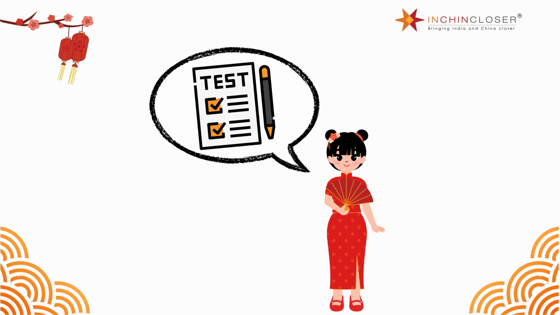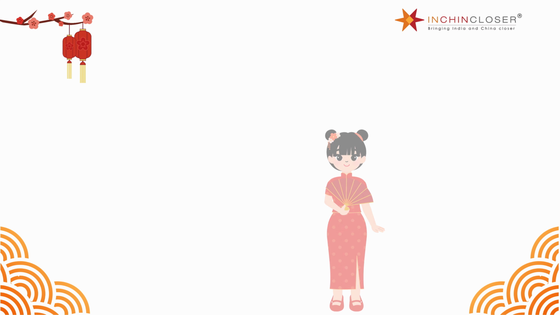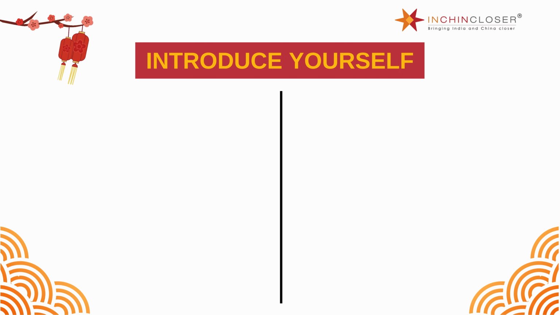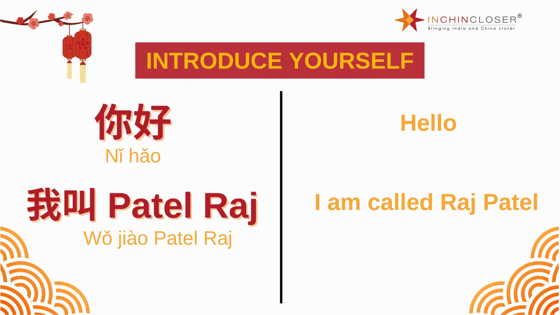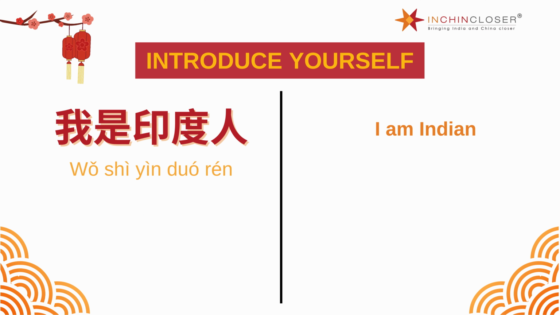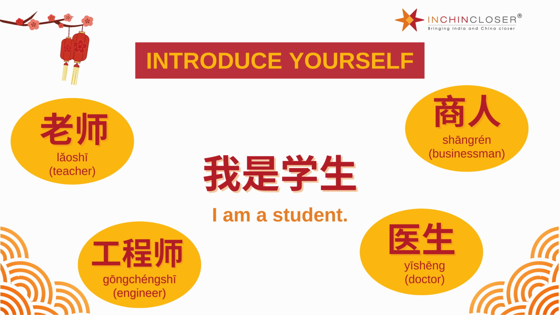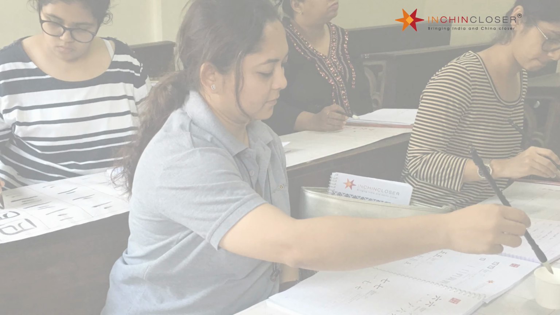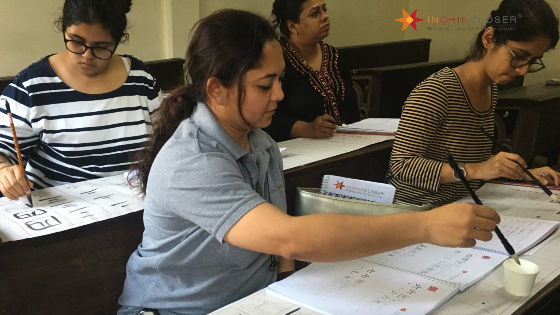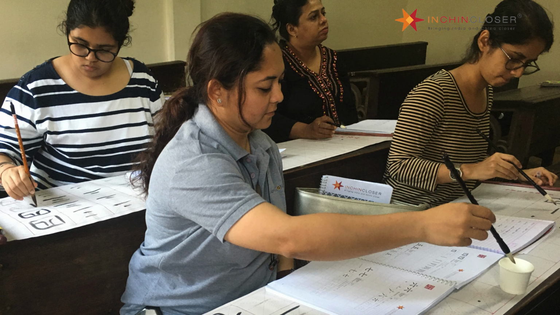Let's recap all of the sentences that you've learned today. Are you able to put them together to introduce yourself? You can replace the words in these sentences to suit your situation. Let's start. 你好，我叫 Patel Raj。我是印度人。我是孟买人。我是学生。